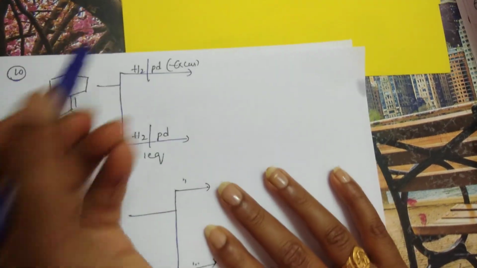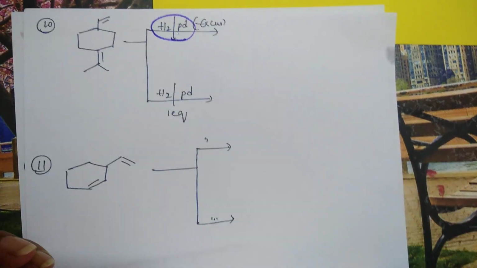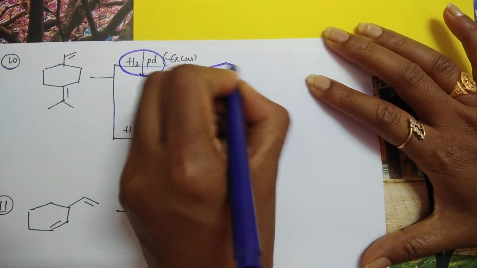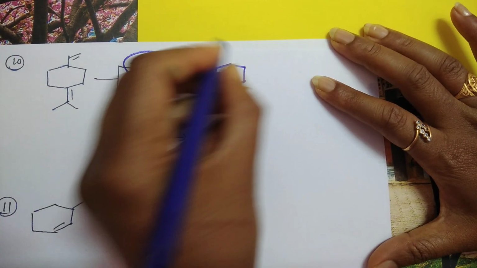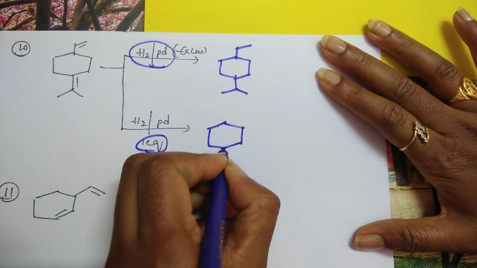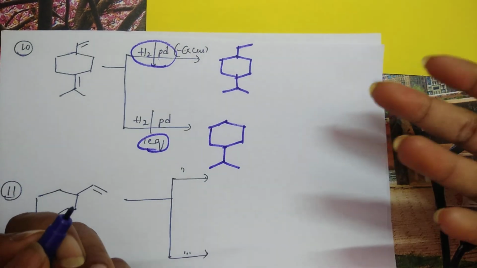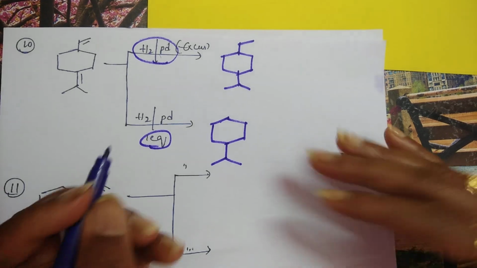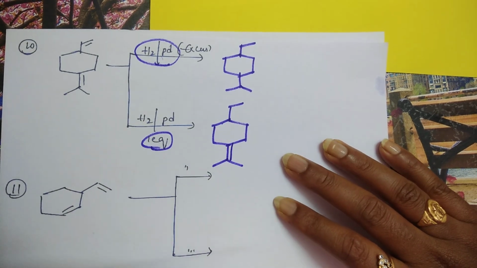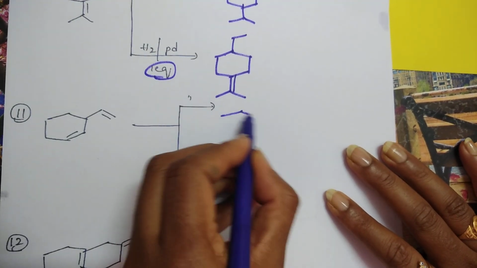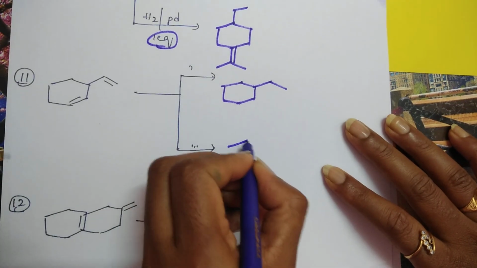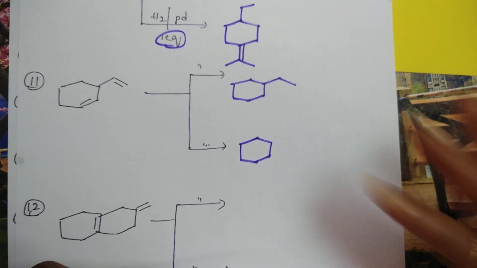Here we have hydrogen over palladium in excess. Then what happens is, since you are taking excess, both the double bonds will be reduced. But when you are taking only one equivalent, can you tell me out of two which will be reduced? Which one undergoes reduction? The less crowded one. This is less crowded and this is more crowded. The more crowded remains as it is. See the next one. Out of two double bonds, students, which one? Both, because you are taking excess. But in the second case, you are taking one equivalent, so the less crowded one.